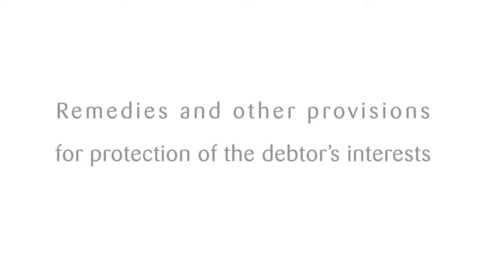Remedies and other provisions for protection of the debtor's interests. Since the European Account Preservation Order is issued without the debtor being heard, the regulation grants the debtor a variety of remedies against the preservation order itself or its enforcement. The remedies available to the debtor are, in addition to the conditions for issuing the order and the liability of the creditor for any breach of those, a key element in the regulation to strike a balance between the creditors and the debtor's interests.